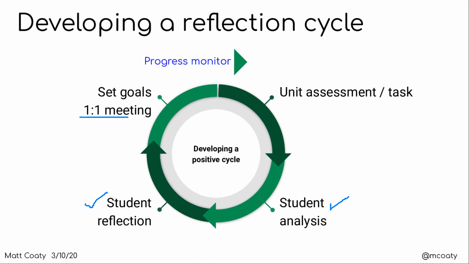And so they set the goal at the beginning of the unit. We progress monitor, check in maybe 2, 3 times. And at the end of the unit, we can look, how did we do meeting our specific individual goal? All right, let's set a new goal for the new unit. And sometimes the goals are very similar because we're still working on them. So really it's about developing a reflection cycle within your classroom.